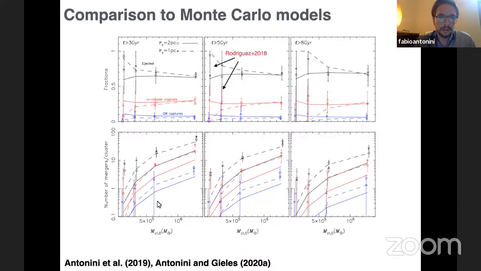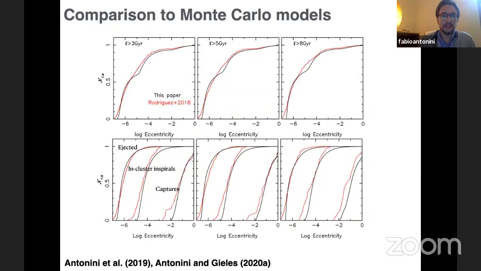And in the lower panel, you see the number of mergers per cluster, again, as a function of the initial cluster mass. And again, the agreement is quite good, although we might be underestimating the number of mergers at the lowest cluster masses. This plot shows we can also make predictions for the eccentricity of the sources. So we also do a comparison of the